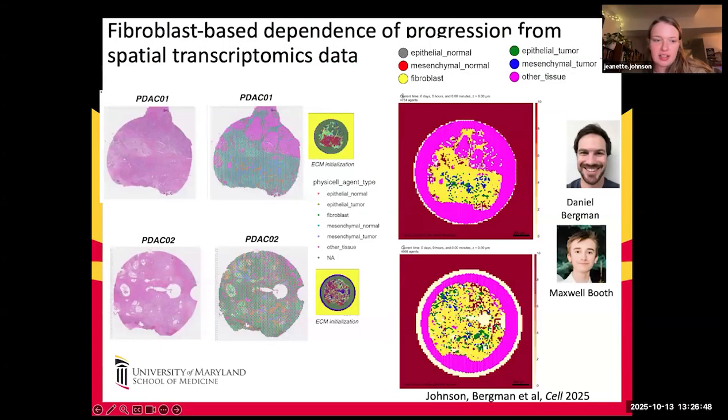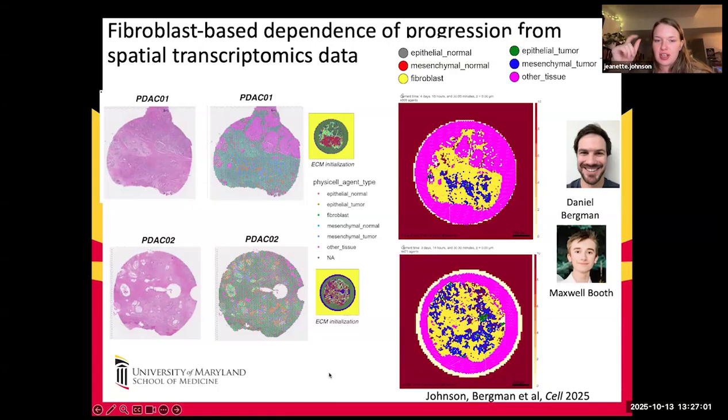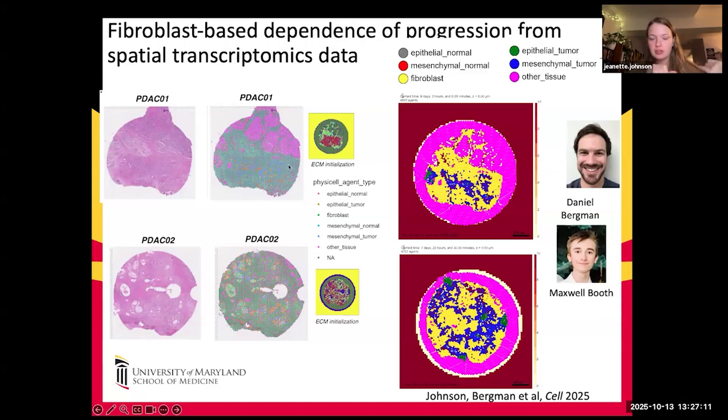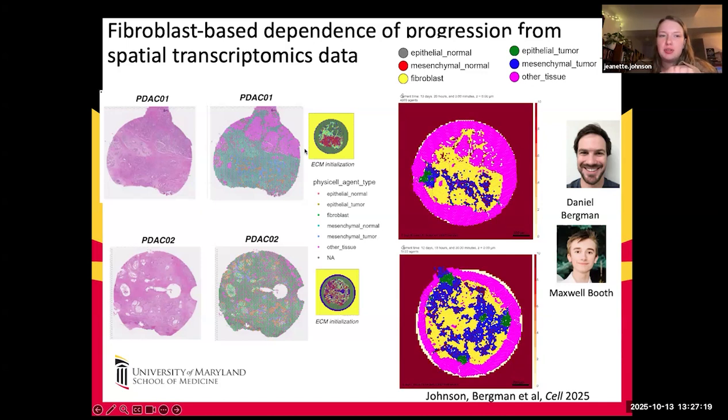But how I did this for the first time, before we had the tool to automate it, to capture all of the agent types that I wanted to represent, I used a combination of transcriptomic annotations of the spot. So like the gene signatures that I talked about way earlier for the epithelial and the mesenchymal-like cells. And then also I was able to use the matched H&E image that comes with every Visium data set